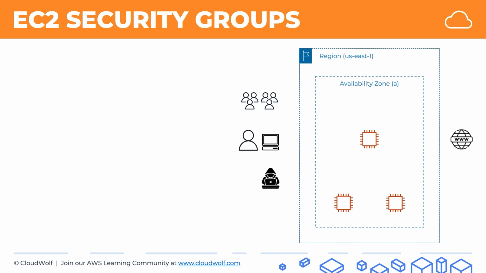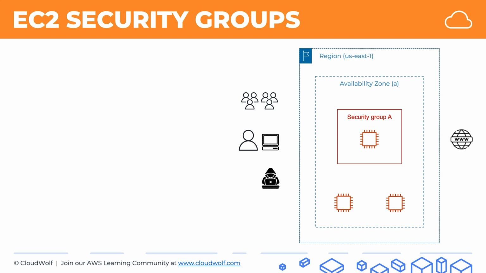Well, that control is maintained by something called a security group. The best way to think of it is as a firewall. It looks at IP addresses and ports, and it allows or blocks certain traffic from certain IP addresses and certain ports. Some things to note are that security groups by default block all incoming traffic, and that security groups are